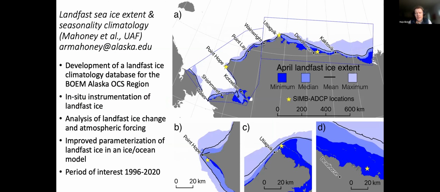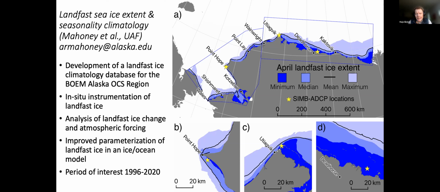The other data set that is part of this curated set is a landfast sea ice extent and seasonality climatology. This is work that's led by Andy Mahoney at the Geophysical Institute at the University of Alaska Fairbanks, who has a number of other collaborators. This is work that's also currently underway and is supported through the Bureau of Ocean Energy Management.